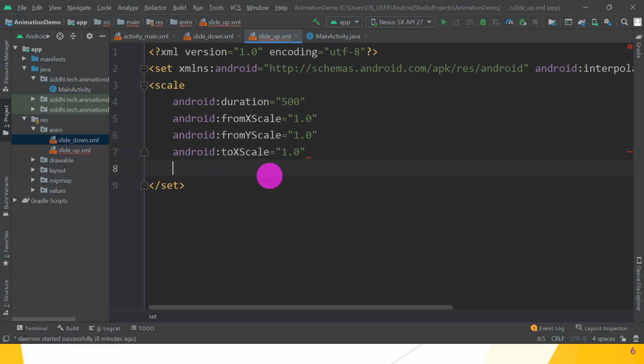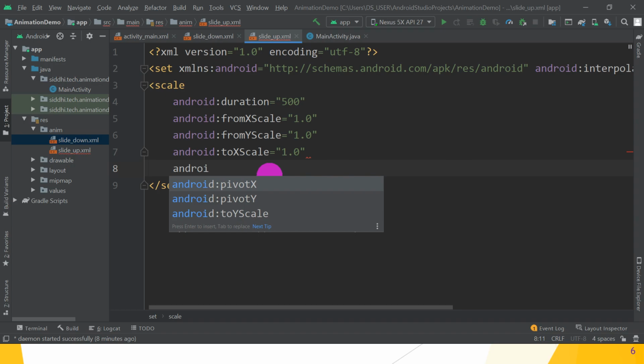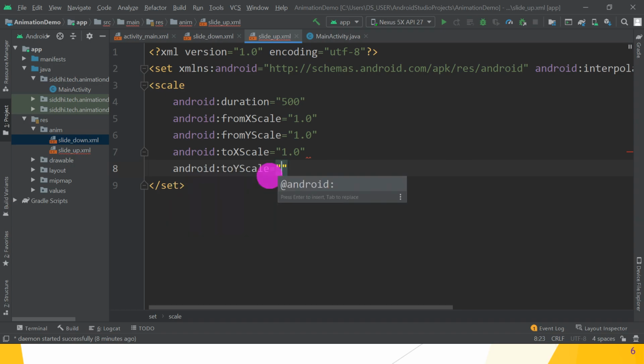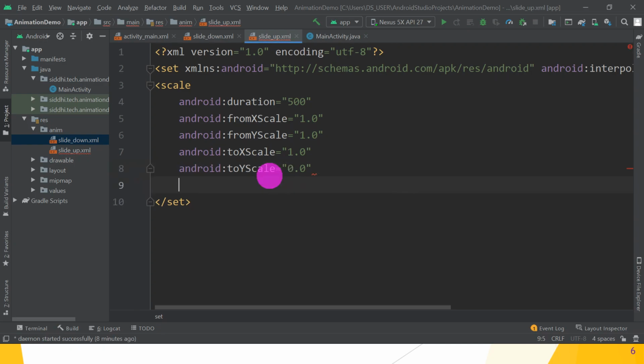Then android:toYScale is equal to 0.0. Great. Now it's time to close the tag. Okay, so how to close the tag? /> So the tag gets complete.